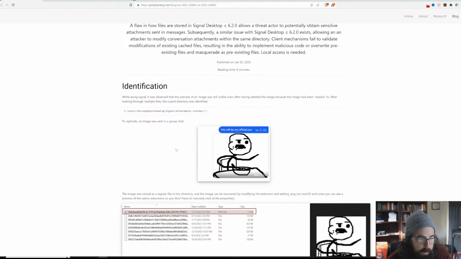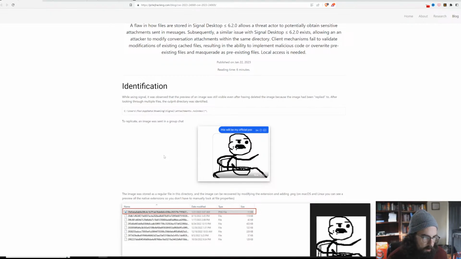According to this article, there are ways that you can bypass that, or ways that encryption just doesn't show up, essentially. Basically, these attachments are being stored in clear text, and even after you delete the attachments, if somebody replied to the attachment before you deleted it, it stays in this odd cache folder, again, completely unencrypted, and just doesn't disappear the way that you would think it would, which isn't good. I'm not denying that that's an issue. However,